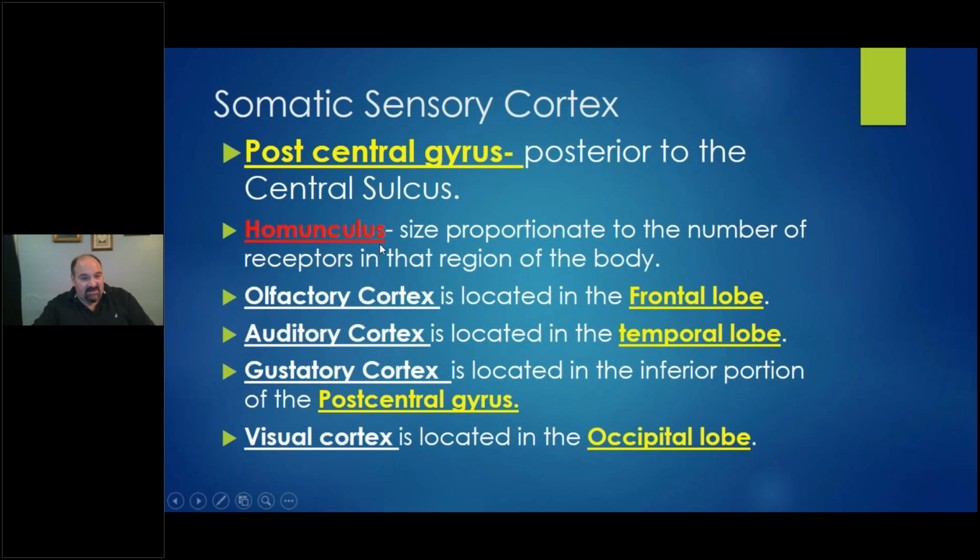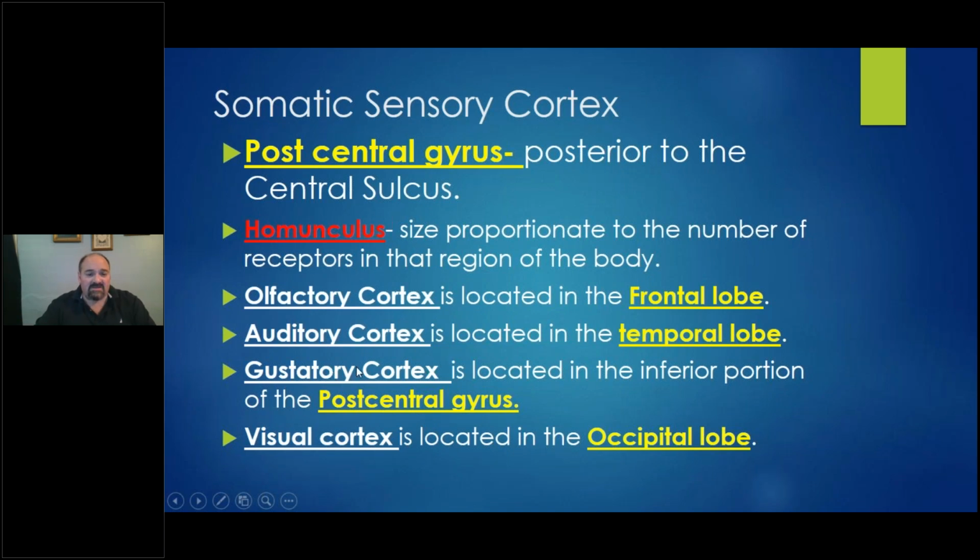The homunculus, size proportionate to the number of receptors. So it's a weird looking thing. I showed it to you last semester. I won't show it tonight, but we'll look at it next class just as a review. You need to review these as far as the cortices are concerned, the frontal lobe, temporal lobe, the postcentral gyrus for the